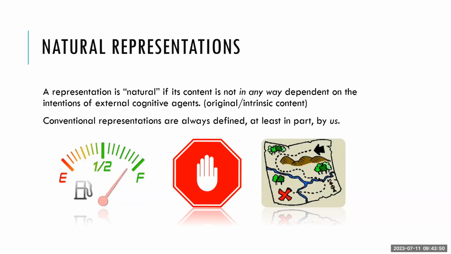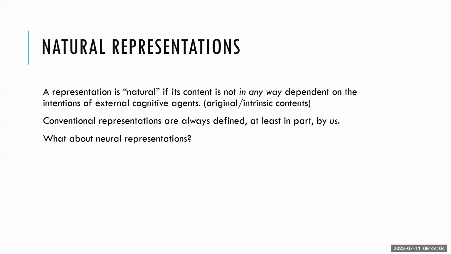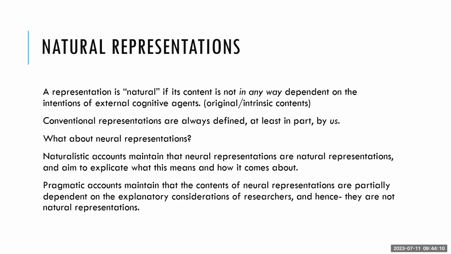Right, conventional representations are always kind of defined by us, even if they are dependent on objective causal relations or structural similarity. They're still always, in part at least, defined by us. So the question is, what about neural representations? The distinction we make is that naturalistic accounts claim that neural representations are not like that, right? They have original content,